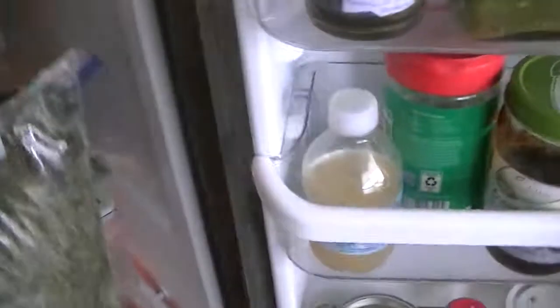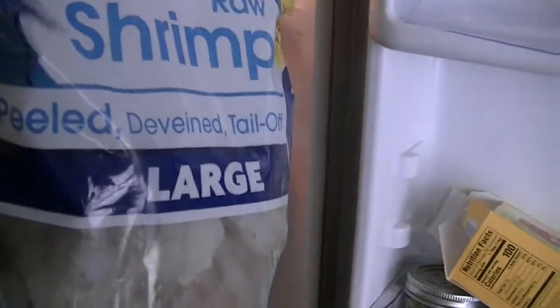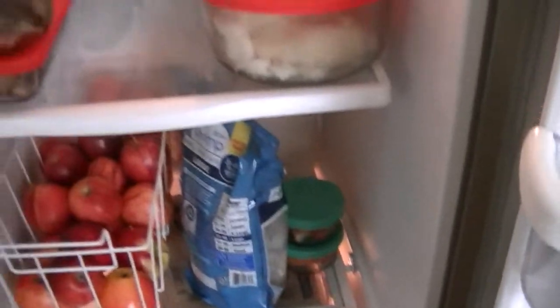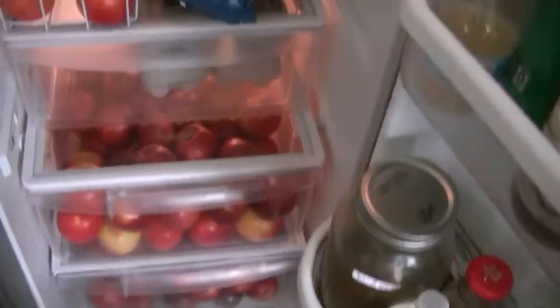And before I forget, I can show you the shrimp. It's barely upside down. That's the shrimp here. I will broil it and fry. So I just have it here to thaw. And we have apples. That was on sale and we stock up. So let's put some